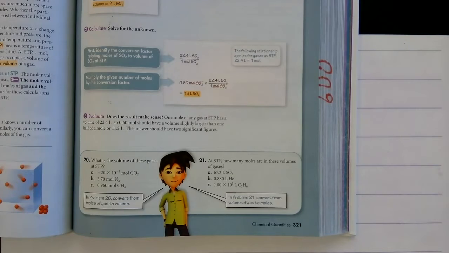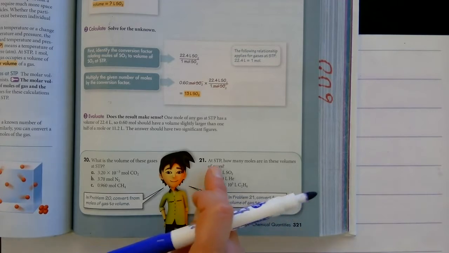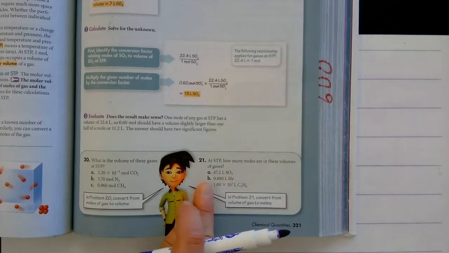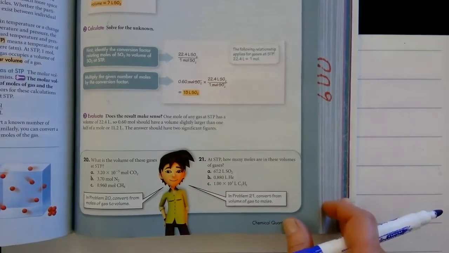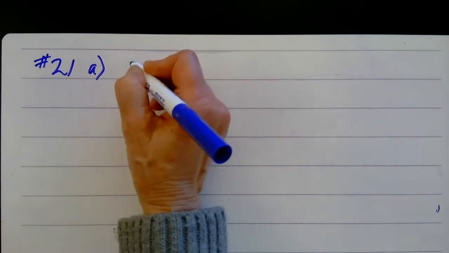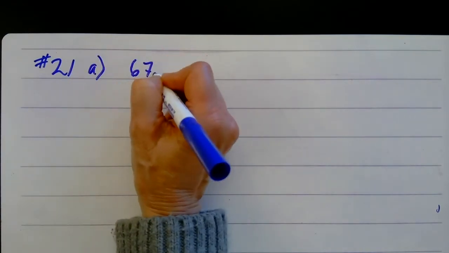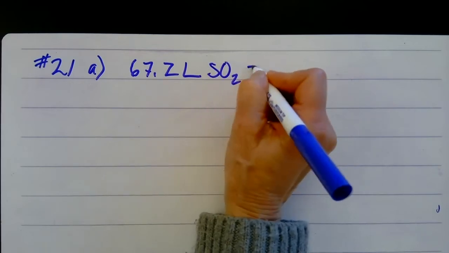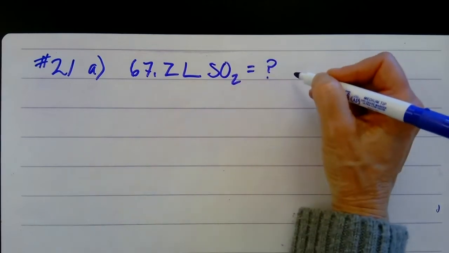Now let's look at problem number 21, where we're working in the opposite direction. So we can see here that at STP, the problem says we want to know how many moles are in these volumes of gases. So we're going to do 21A, which says we have 67.2 liters of SO2 equals how many moles